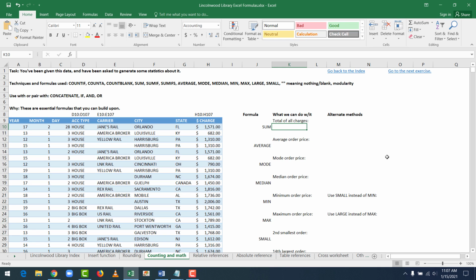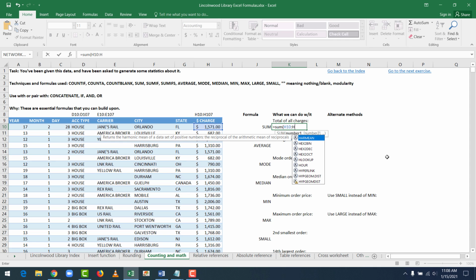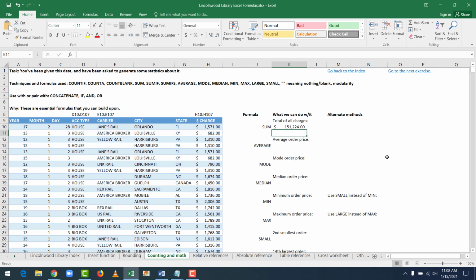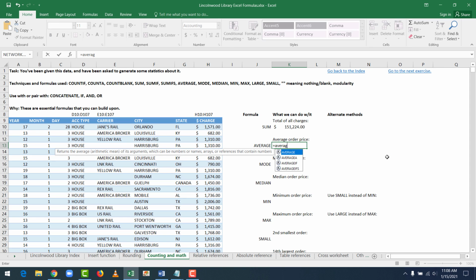So first we want to total up all of the charges. So equals sum, open parenthesis, and all of the numbers. So that is from H10 through H107. And close parenthesis, enter. So there we go. Now we can do average as well. So equals average,